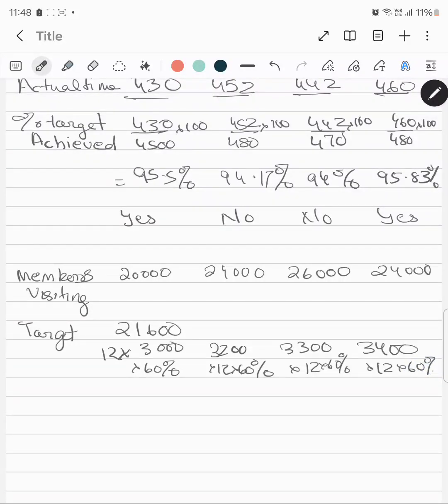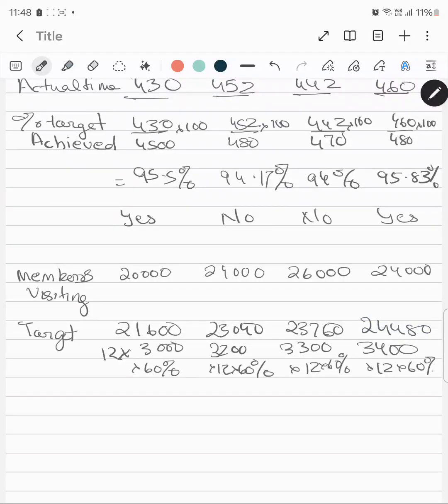This will be 3,200 into 12, and 60% of it is 23,040. 3,300 into 12, and 60% of it is 23,760. 3,400 into 12, and 60% of it is, let me calculate it again, 3,400 into 12, and 60% of it is